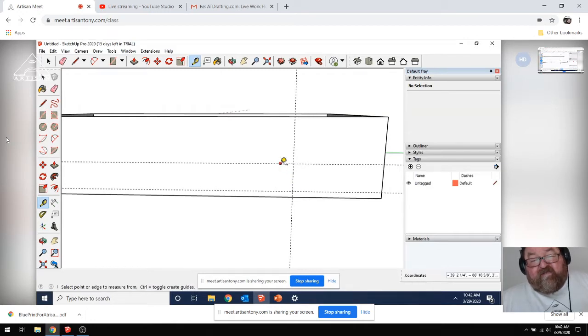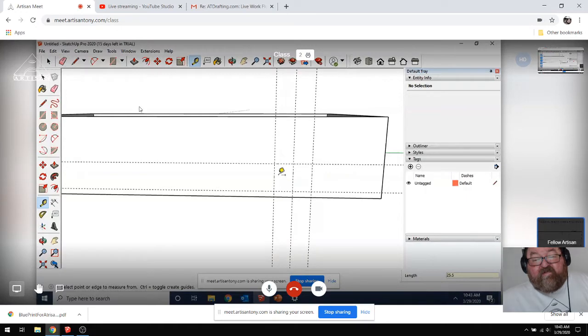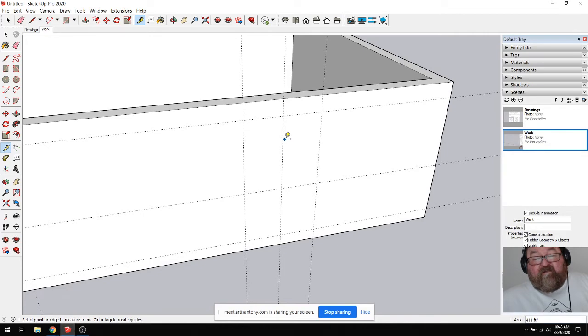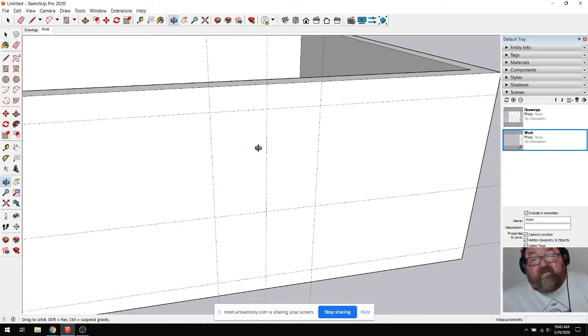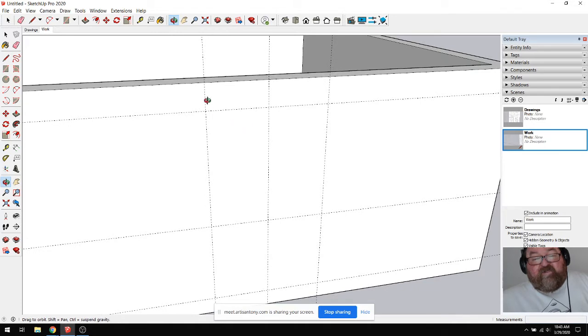The vertical line. 25.5. And then 25.5 to the left. Yeah, perfect. Now let's go back to my screen. Follow right behind you. And what we're going to do is, again,